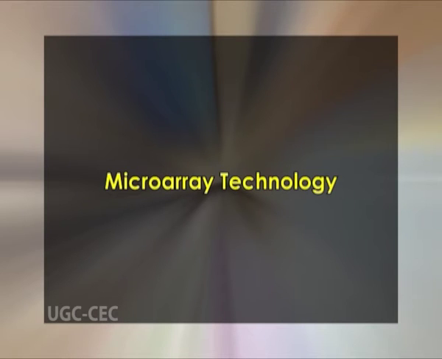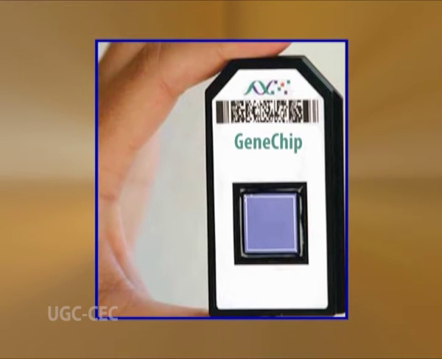Now coming to microarray technology. Microarray allows quantitative simultaneous monitoring and expression of thousands of genes. DNA microarrays are little more than glass microscope slides studded with a large number of DNA fragments, each containing a nucleotide sequence that serves as a probe for a specific gene. The most dense arrays may contain tens of thousands of these fragments in an area smaller than a postage stamp, allowing thousands of hybridization reactions to be performed in parallel.